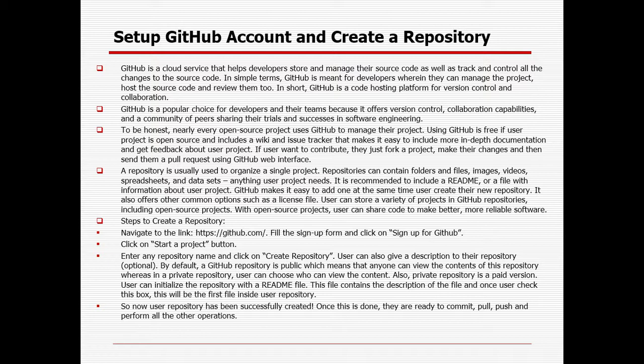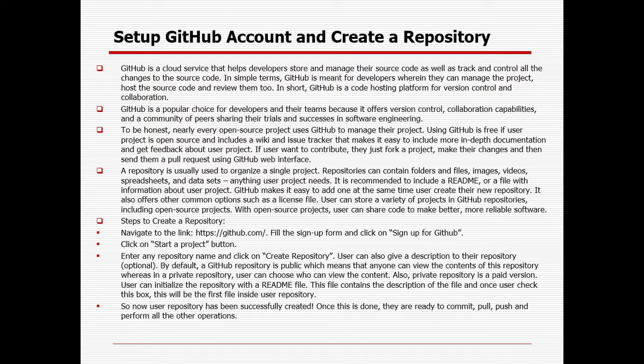If users want to contribute, they just fork a project, make their changes, and send a pull request using the GitHub web repository. So in case you are using any public project, you can definitely use GitHub as open source. But in case of a private account where more than 10 members will be using it, you need to pay some cost for creating a GitHub account. But for a public project with a maximum of 5 members, you need not pay a single penny. It will be completely free.